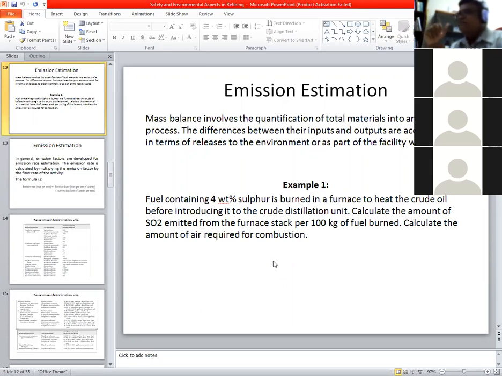Number of mole of air. Please carry on, please. Okay, so the amount of air, we can calculate the amount of air, that is the mole